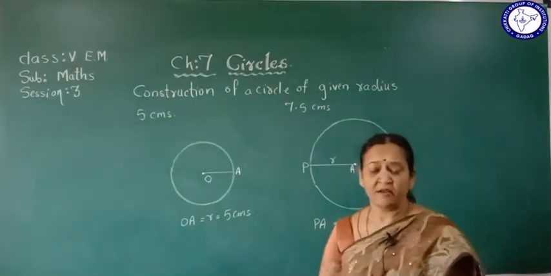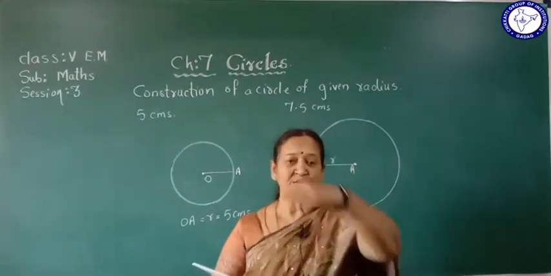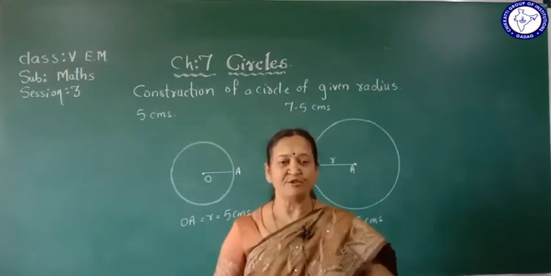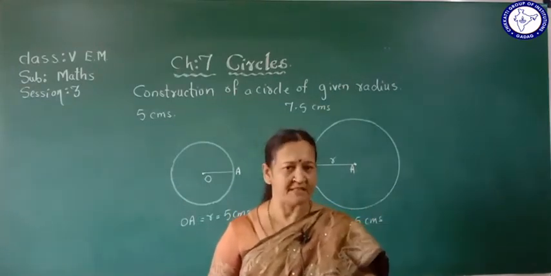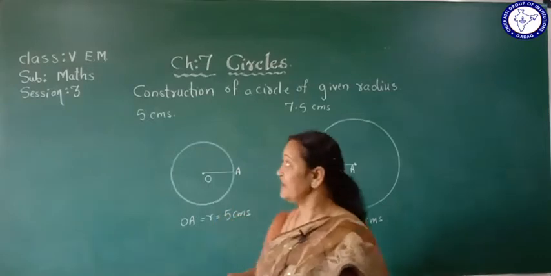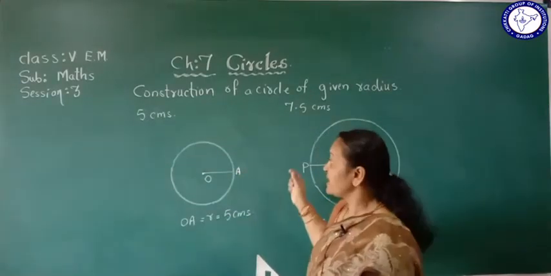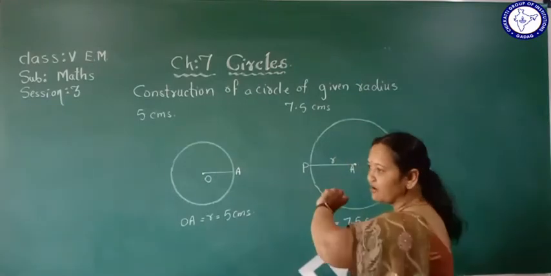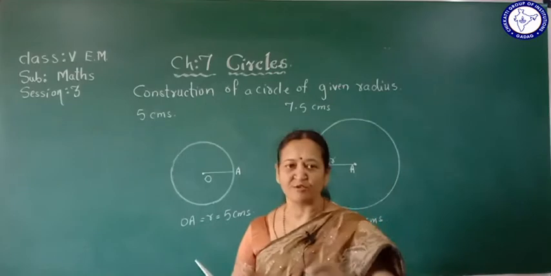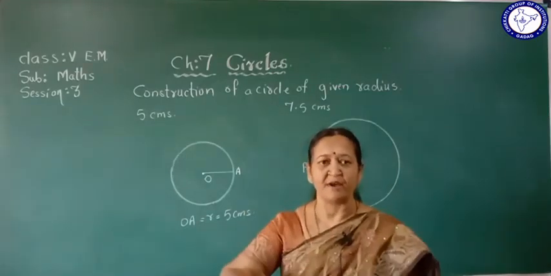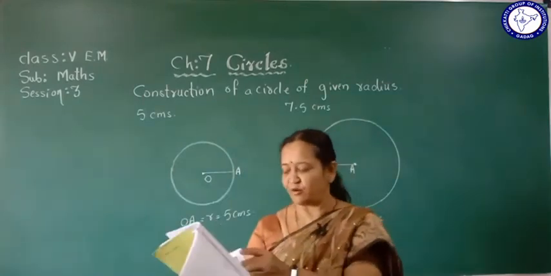Now children, when you are drawing in a notebook, you should not rotate your book. What you should do? You should move your compass. You should not rotate. Here mine is a blackboard, I can't rotate it, isn't it? So keep in mind always your compass should move and not the notebook. You should not rotate or flip your notebook. Then let me go to the exercise.